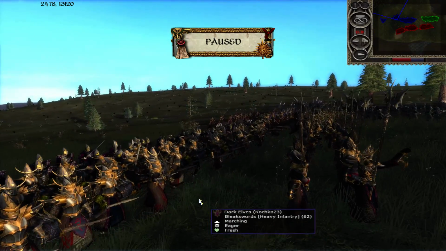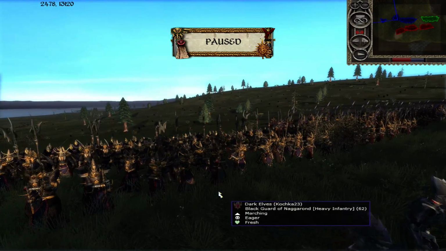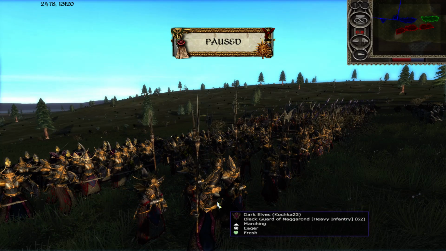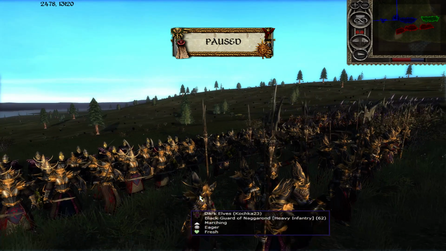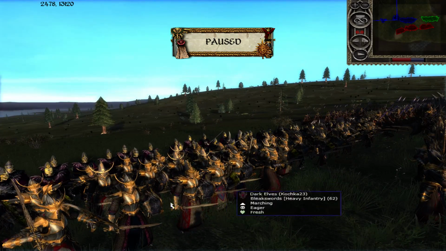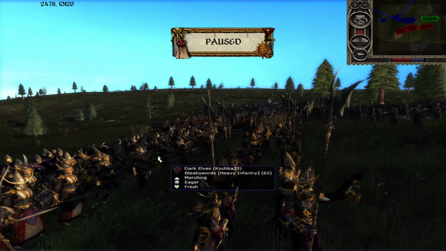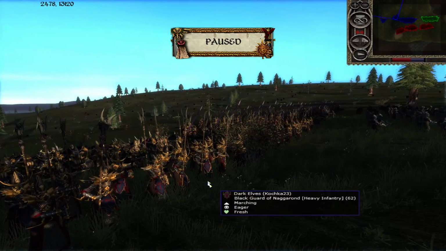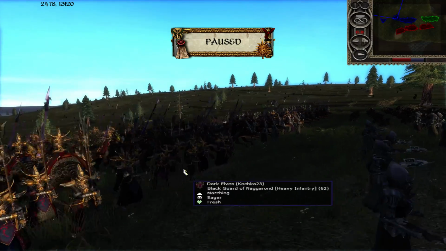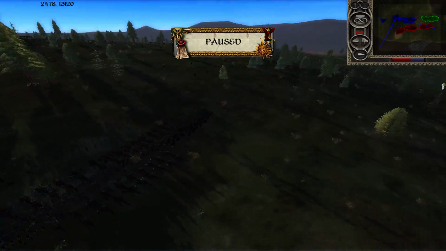Look at how beautiful those look, guys. That looks almost identical to the Blackguard of Naggarond unit, or their armor does anyway. The Blackguard of Naggarond, I definitely think has a higher resolution armor model, but either way, they look amazing compared to their just typical model that they have. But that also brings us to his Blackguard of Naggarond. I believe he's bringing about 1 or 2 units of these, and that pretty much rounds out his...